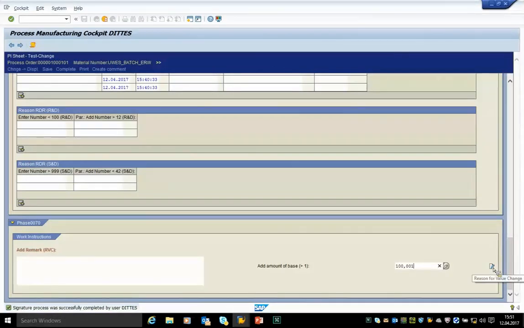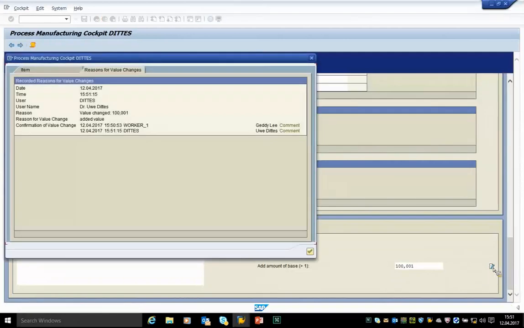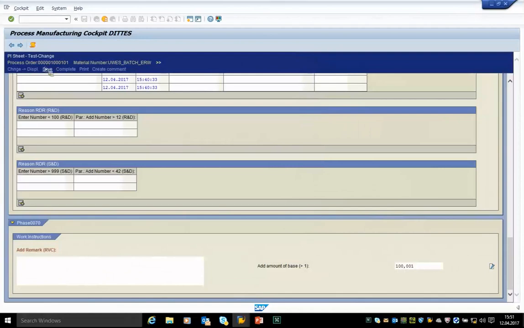You see this icon, reason for value change. Click on it. The confirmation of value change now contains 2 entries, because I had a cross-check digital signature. Also here the SAP username, the full username, and the comment that was entered during creation of the digital signature, individual signature. And if we save it